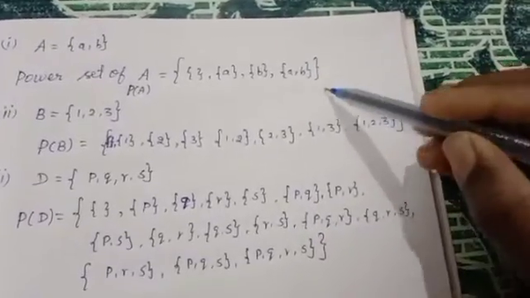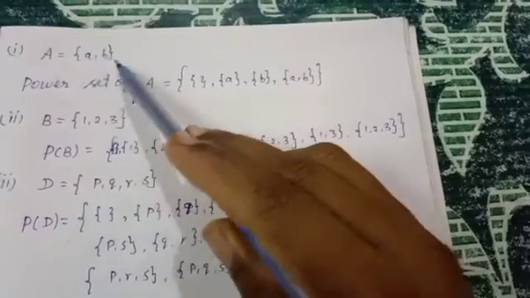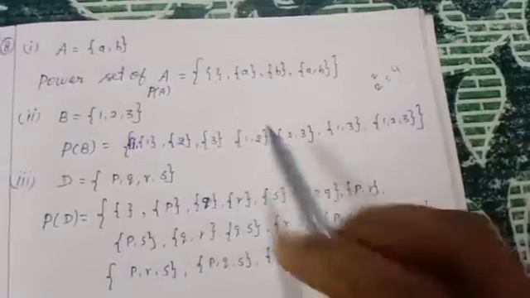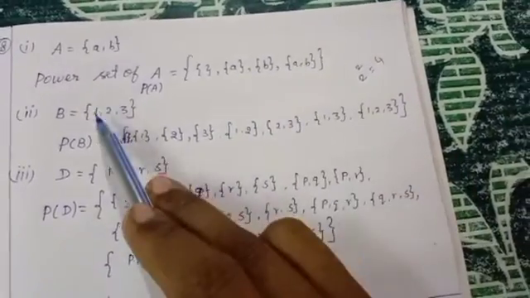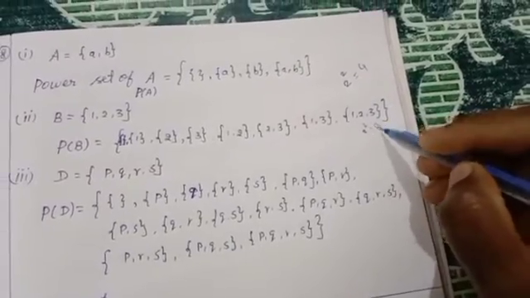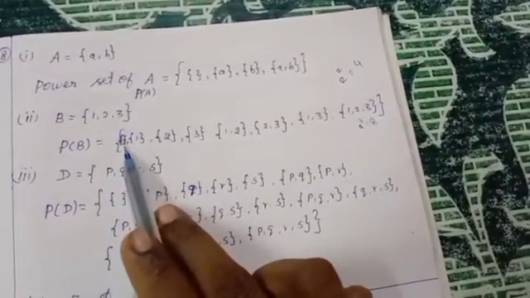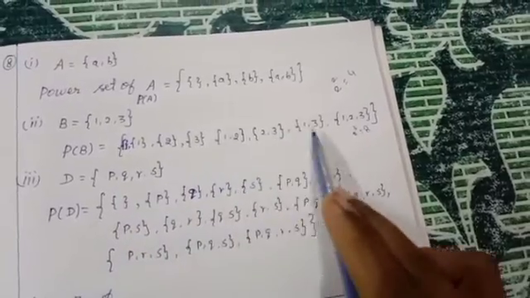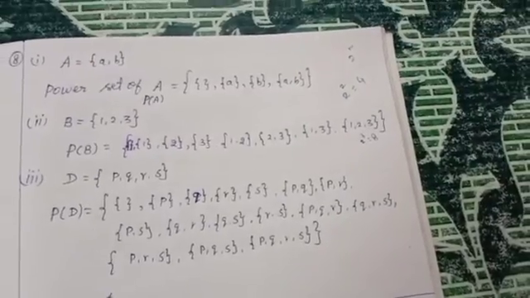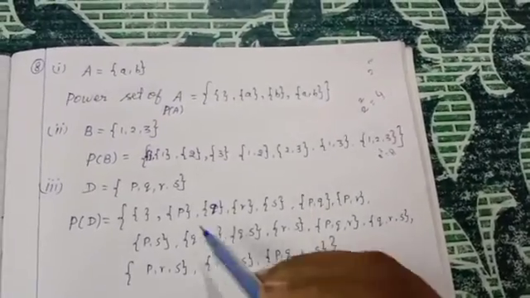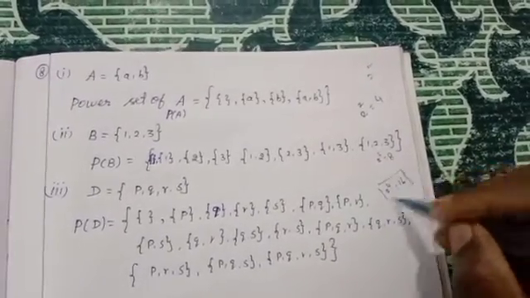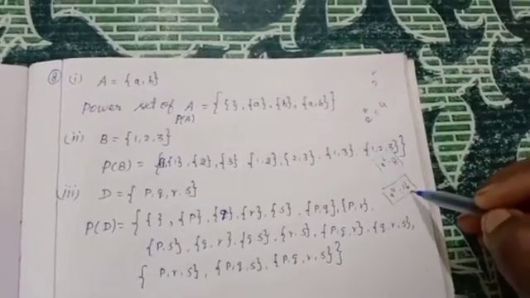For this third problem, how do you calculate how many subsets there are? For 2 elements, 1, 2, you have to consider 2 square, that is equal to 4. Easily you can count 1, 2, 3, 4. Here you have 3 elements, 1, 2, 3, so 2 cube is equal to 8. 8 subsets are here: 1, 2, 3, 4, 5, 6, 7, 8. The subset formula is 2 power m. So here 2 power 4 is there. 2 power 4 is 16. So we are going to get 16 subsets.